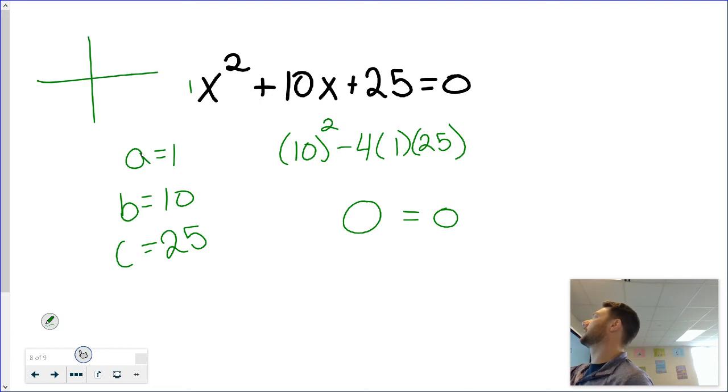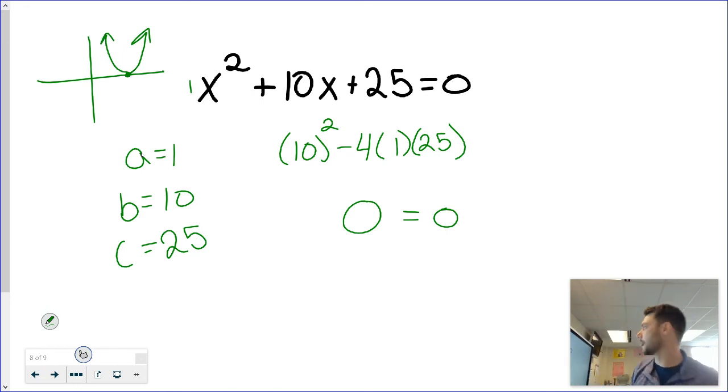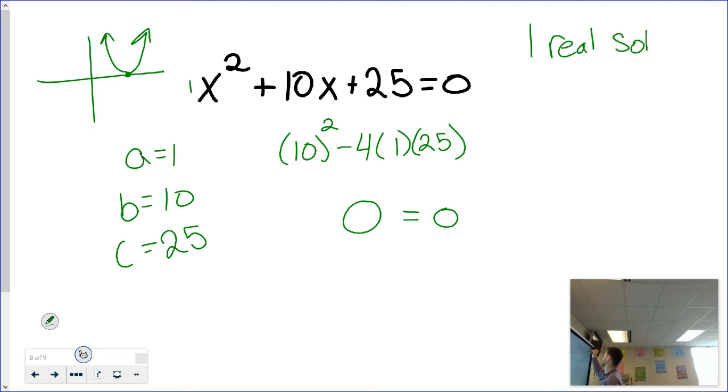Or if I think about what I'm looking at, it's like my vertex is right on here, and that's the only point that touches it, is my vertex here. So you would write one real solution, okay? And you could factor